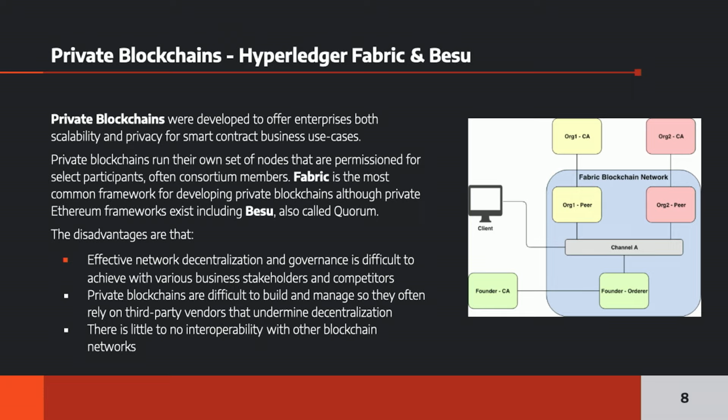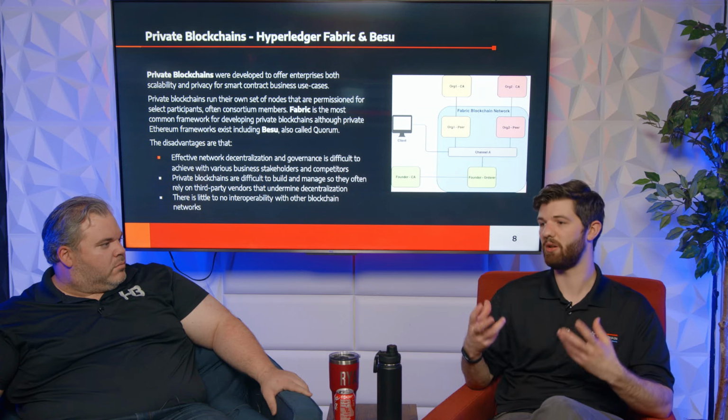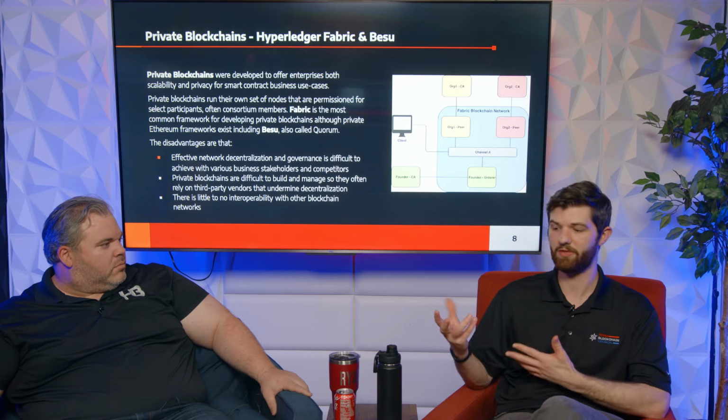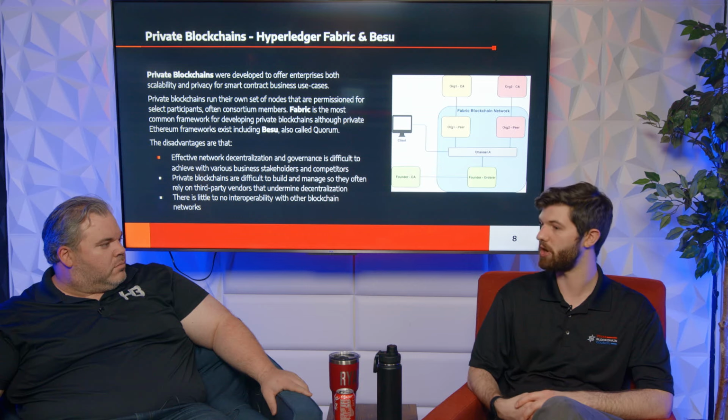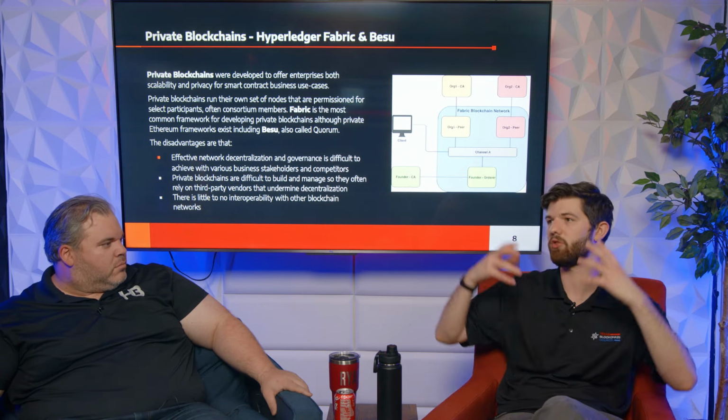The really biggest disadvantage is that getting effective network decentralization and governance is really difficult, because the original idea is, well, it's faster, we only need 12 nodes, we'll set it up between all of the business entities that'll be part of this. Like IBM's Food Trust with Walmart, Walmart and all of its supply chain partners will all run nodes, and this will be a distributed network that they can share data and track food throughout the supply chain and trace food outbreaks to do more accurate and effective recalls. That was the vision.